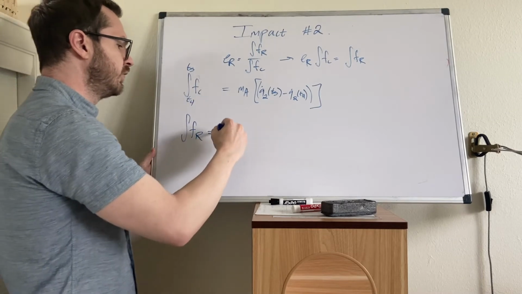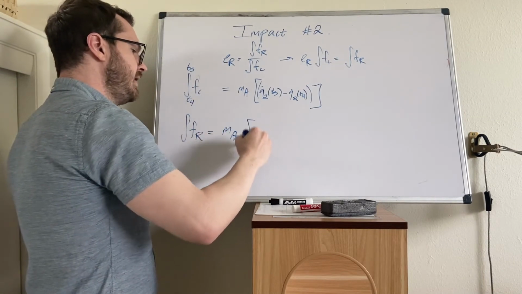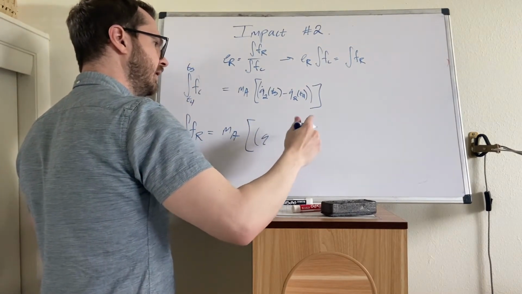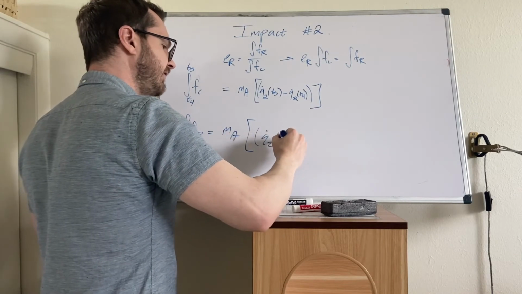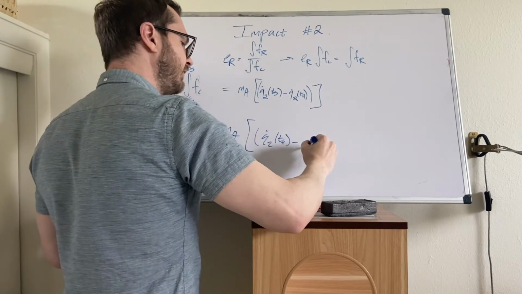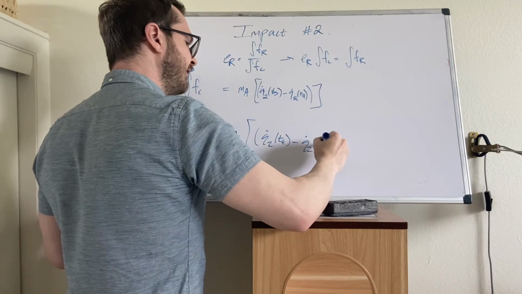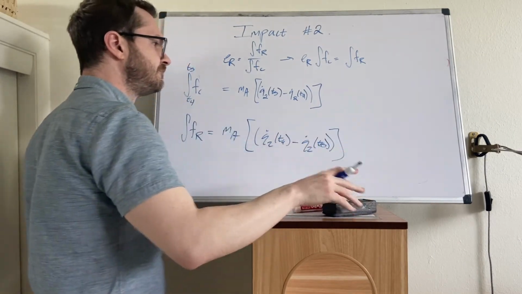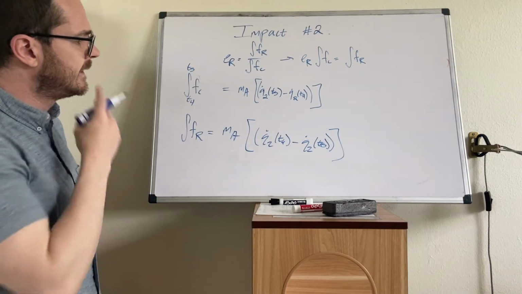FR will equal MA Q2 dot T6 minus Q2 dot at T5. All right,